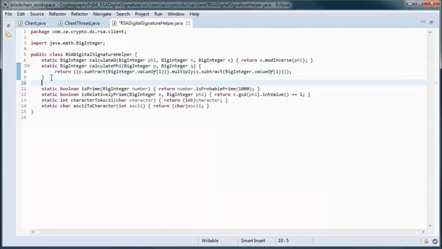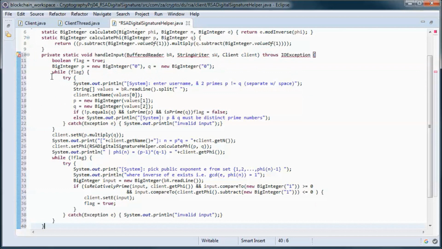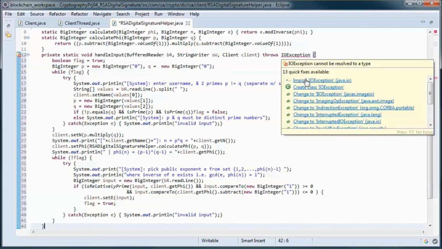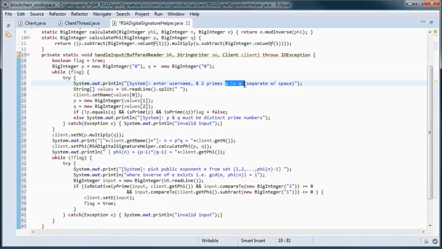And this method handles picking up P and Q from the user and the username.